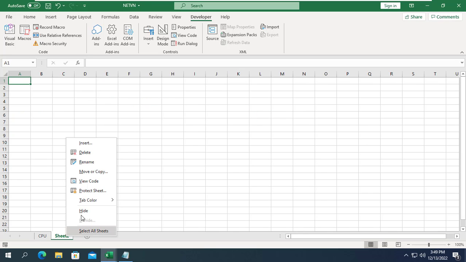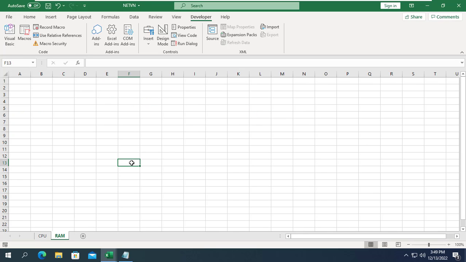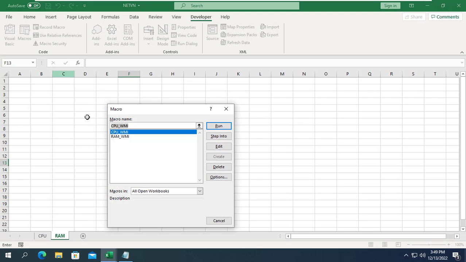I need to create a new sheet to store information about its internal memory called RAM.